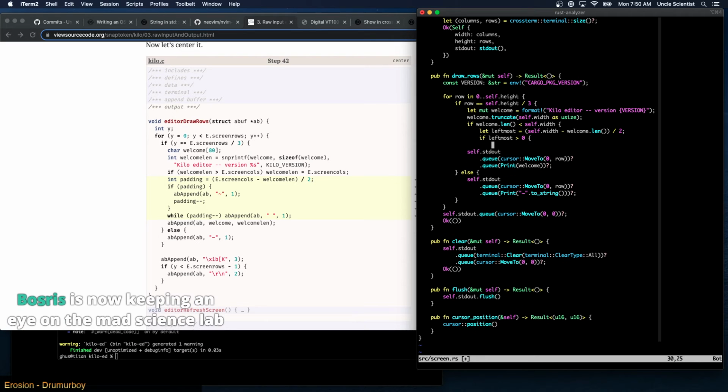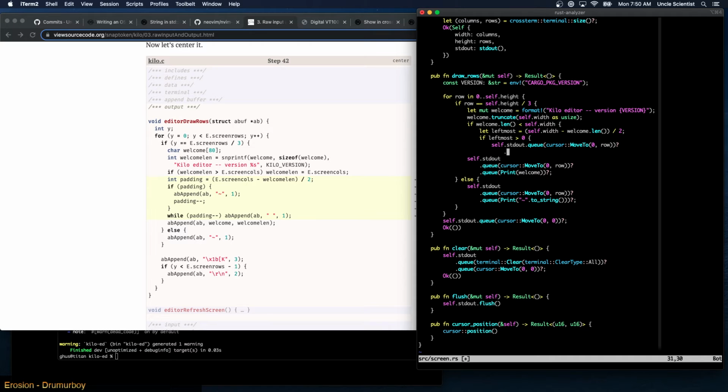If leftmost is greater than 0, then it will self-standard out. Oh, thank you for the follow. Cursor move to 0 row, right? And then we're going to print the tilde at the beginning of the row here. To string. And then